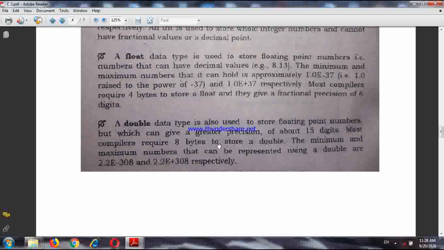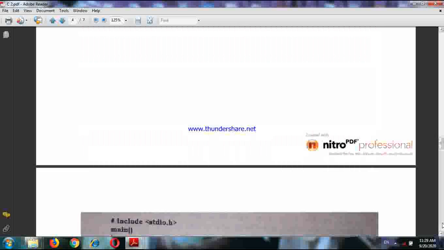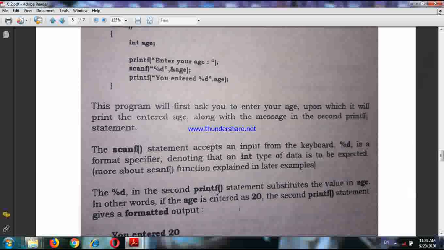Double is also used to store floating point numbers, but with greater precision of about say 15 digits. The range is also given. Within this range, a double data type can store a value.